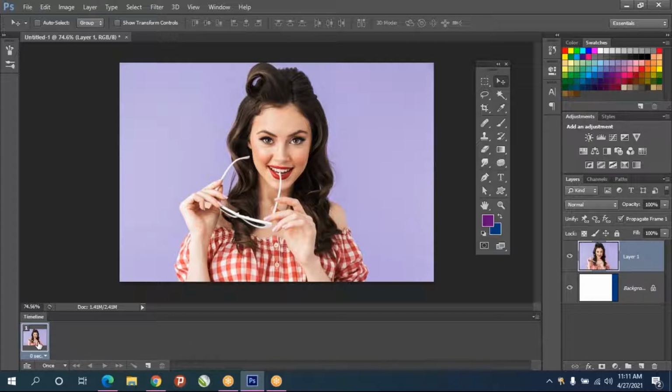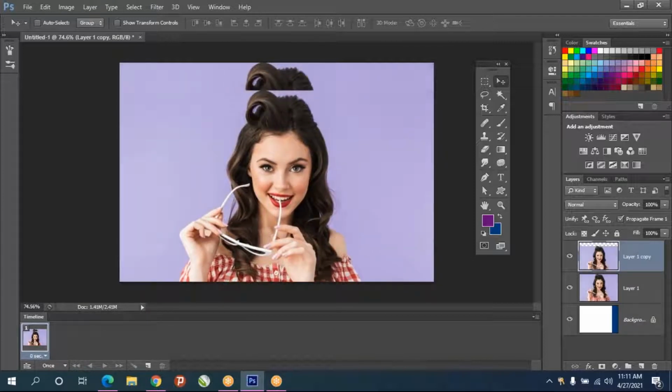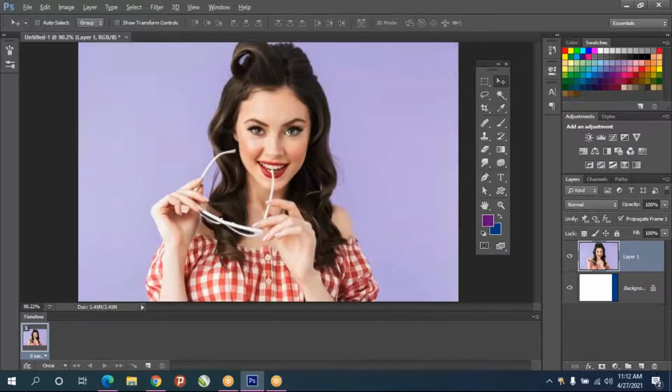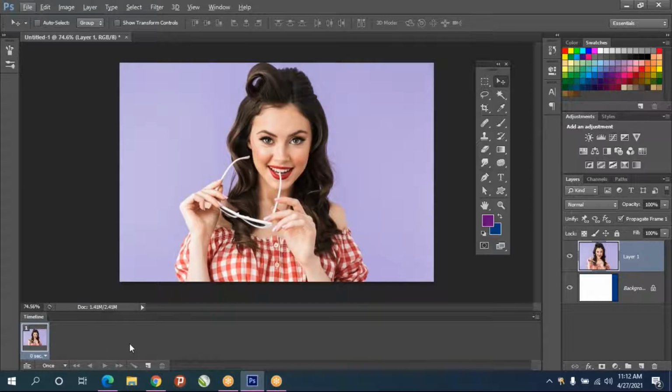Now this only, once again you duplicate. We can do Alt drag. That means if you want any duplicate, you can do Alt drag like that. Once again, one more object will be created. But for creating frame animation, in the bottom you'll see one small icon like duplicate frame. Click on that. Exactly one more frame is duplicated.